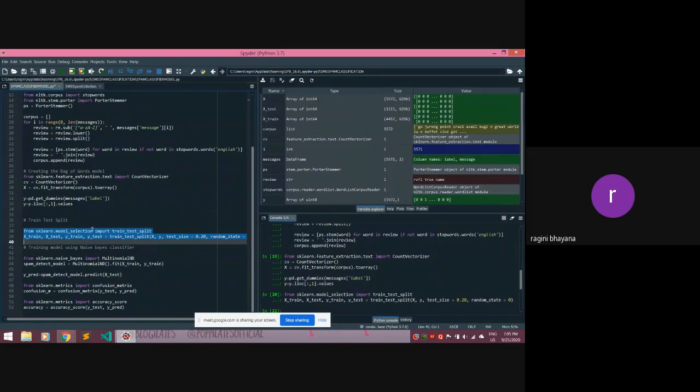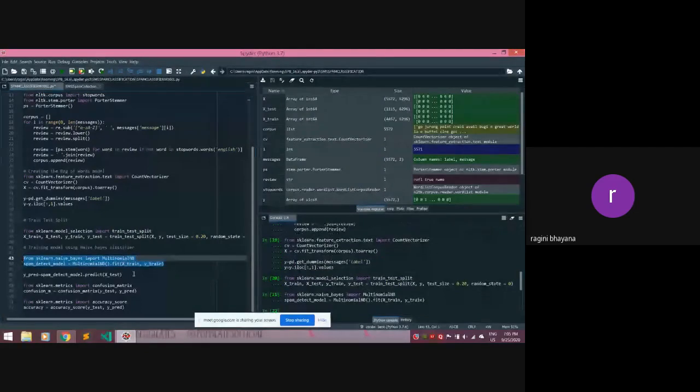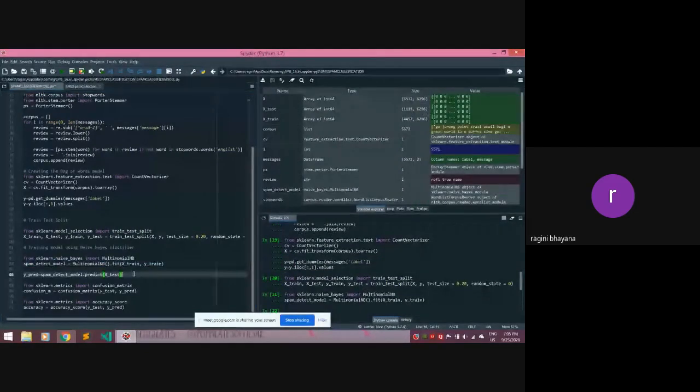Okay, and for creating our model, we're using multinomial naive Bayes from sklearn.naive_bayes. So our model is created now, and we'll make our Y predictions for the X test, and we'll compare our Y prediction to the Y test.